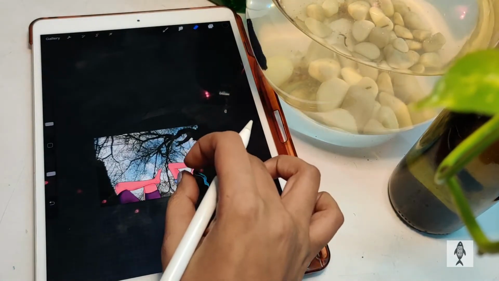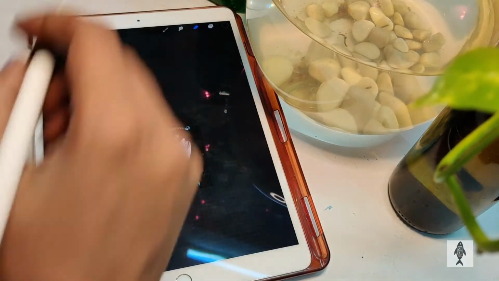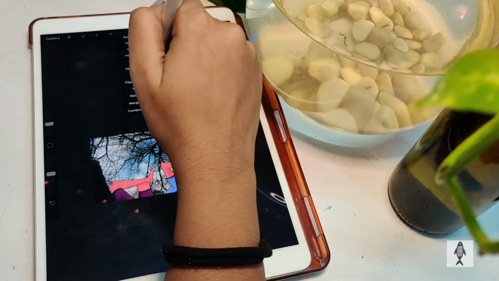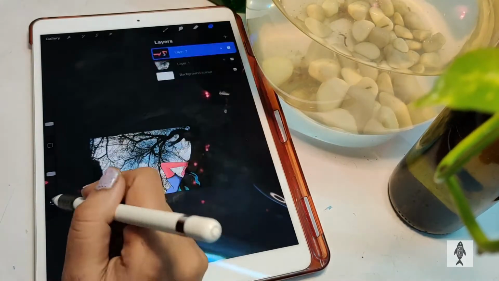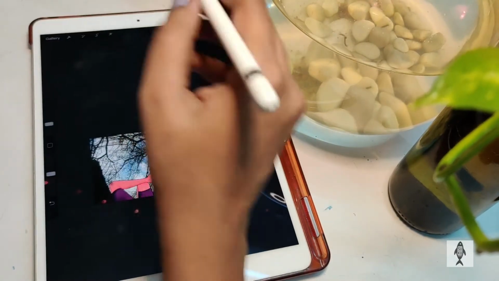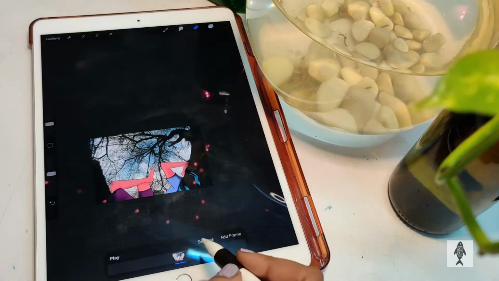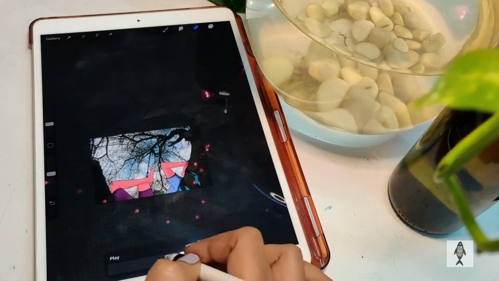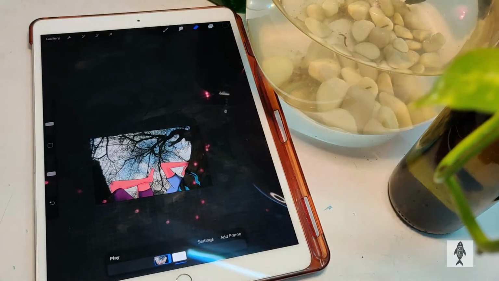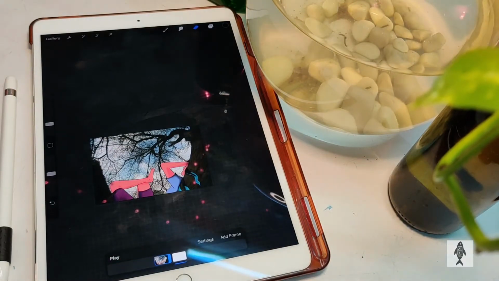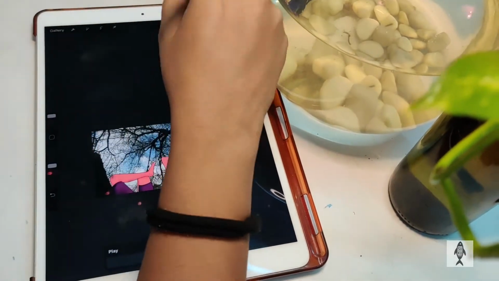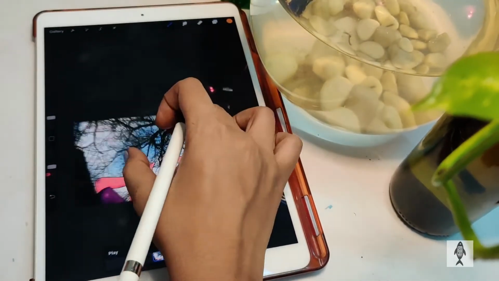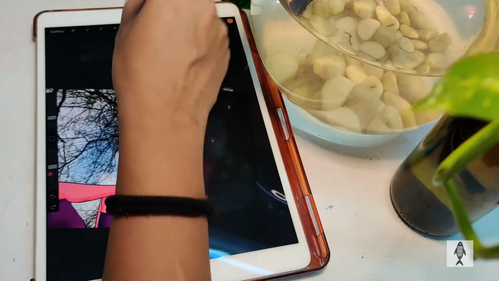I'm first concentrating on sketching the character out as nicely as possible, giving all the highlights and shadows and making the character ready before we go for animating. Now we will use the animation assist option and start animating.